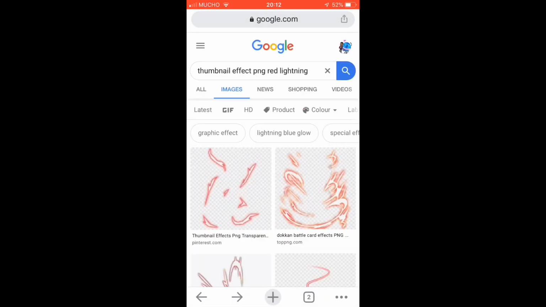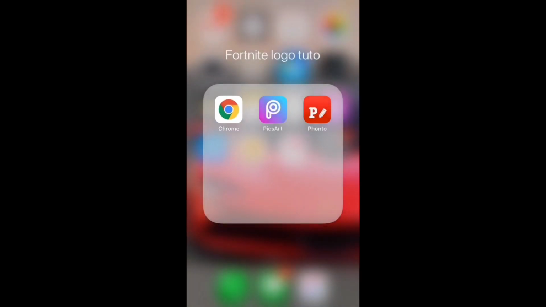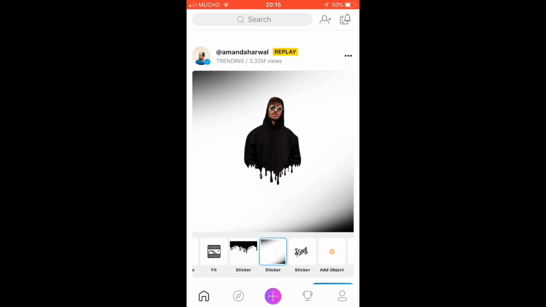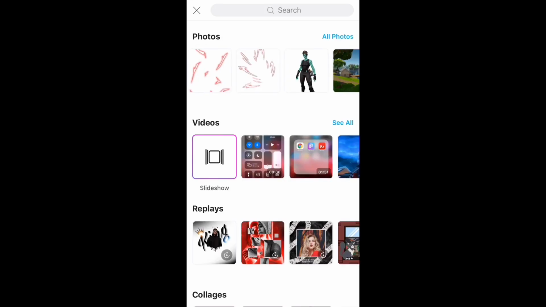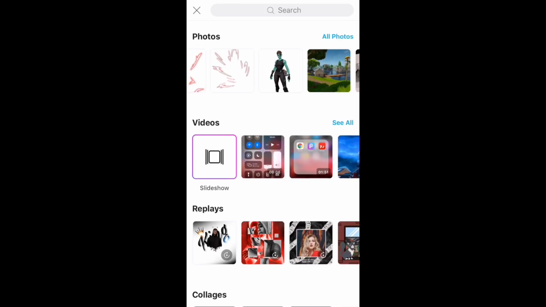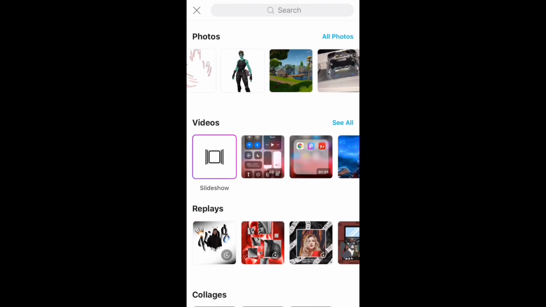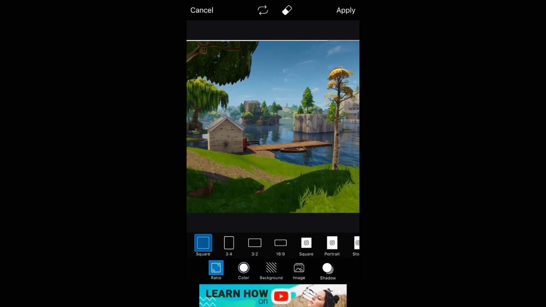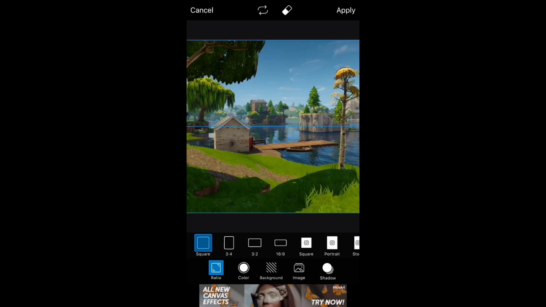Then after doing that, go to Pixart and then click on the little plus sign. Then what you want to do is click on the background of your choice, and then you want to go to fit. Then select the square here and make the picture bigger for it to fit in the square. Once you've done that, tap on apply